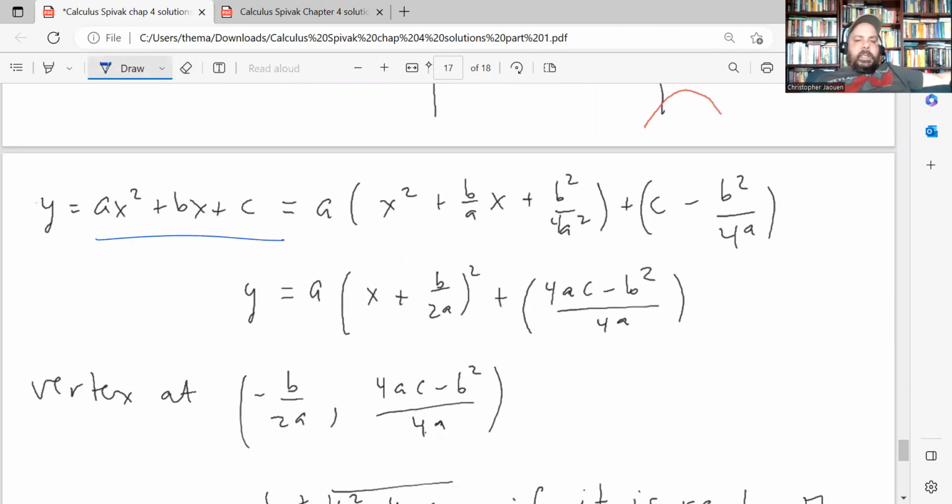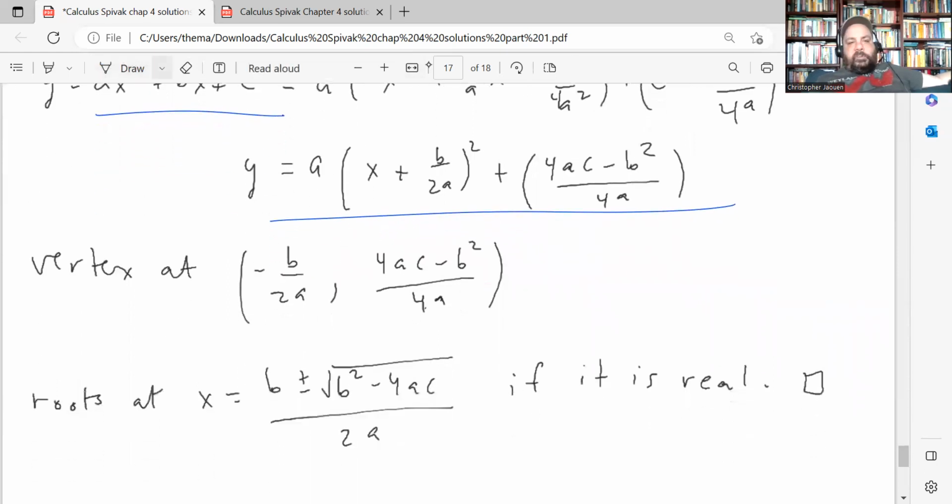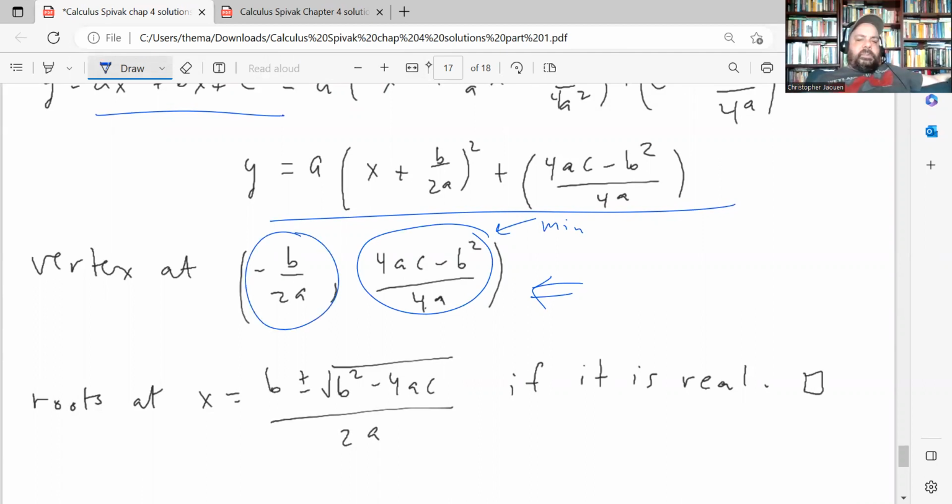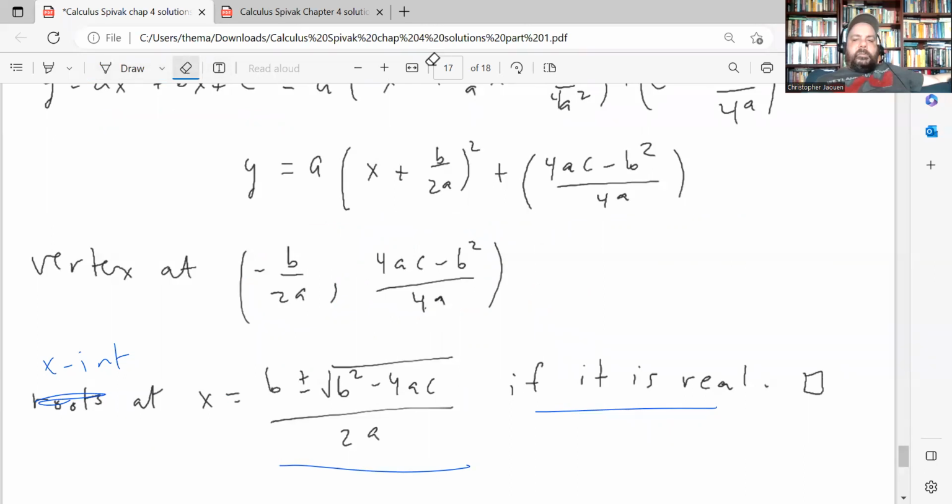We can write this as this, which tells us that this parabola has, or this function has, minimum value at this point. So this is the minimum value, or the maximum value if the parabola opens downward. It happens at this x value, and also that the roots of the equation where y is 0 are equal to this, which means that this has x-intercepts at these two values if those quantities are real. That's what it says basically. And then going back up, we just look at the different cases of what the discriminant is